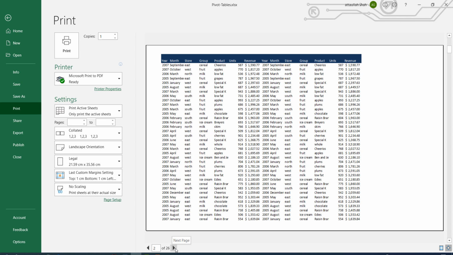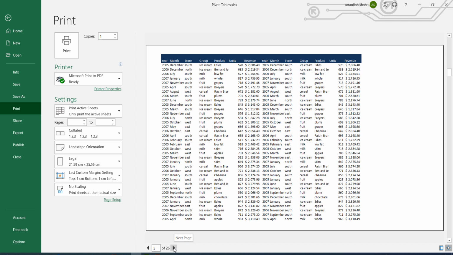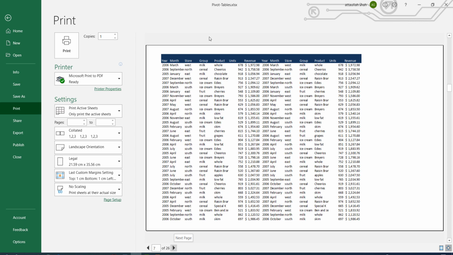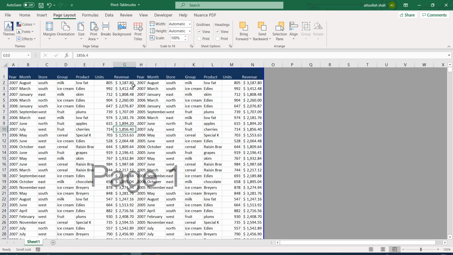So even if we have moved to page number 2, the column titles are still there, and you see on each page the column titles are repeated.